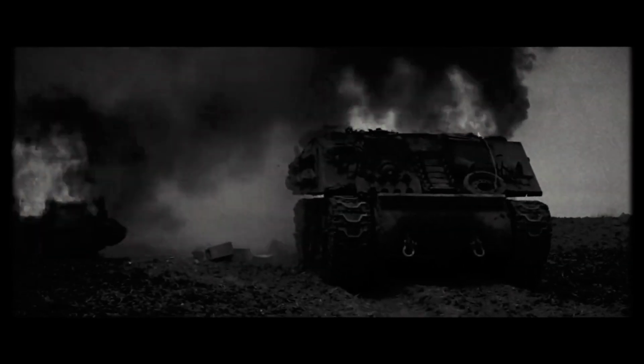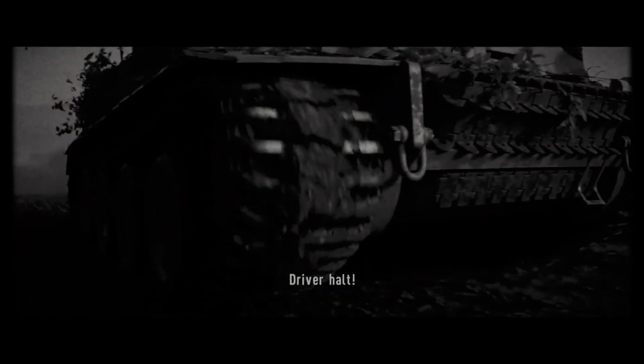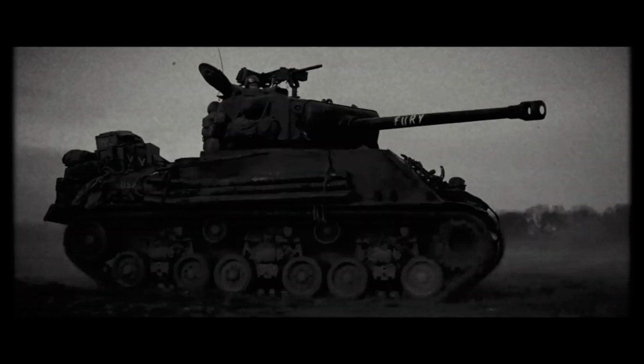The ultimate test came when intelligence reported a German Panther tank, a far superior machine, lying in wait behind a massive hedgerow. Instead of retreating, Culin ordered the crew to breach directly toward it. The Sherman crashed through, and the gunner, having kept his weapon trained on the predicted location, fired first, striking the Panther's weaker side armour and disabling it. The combat success was